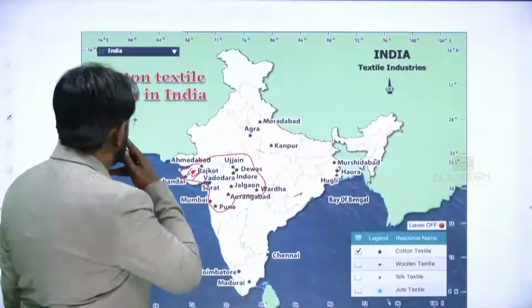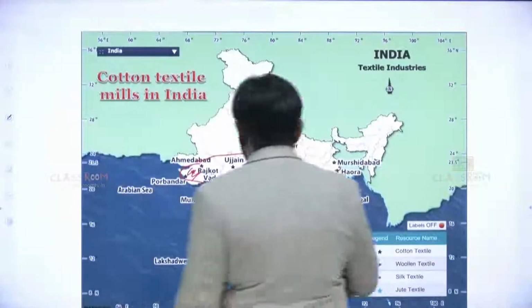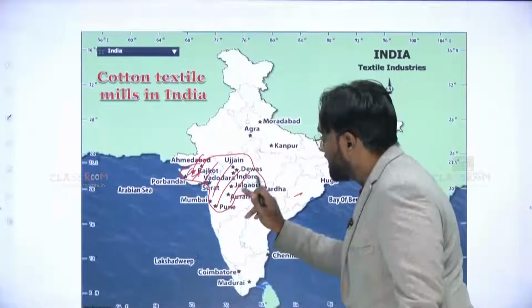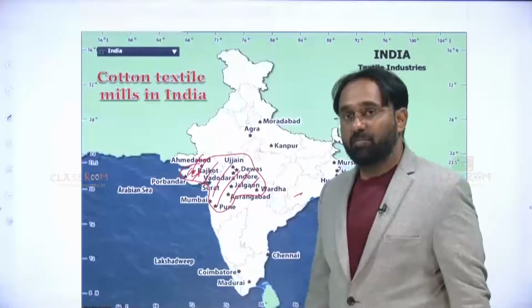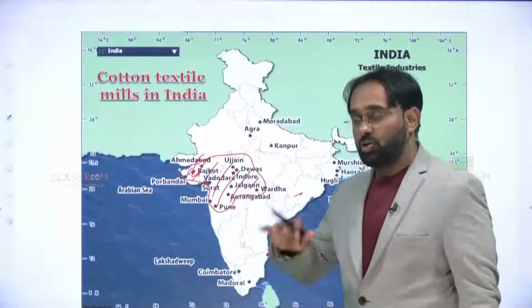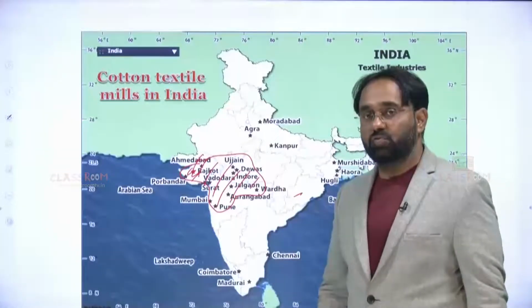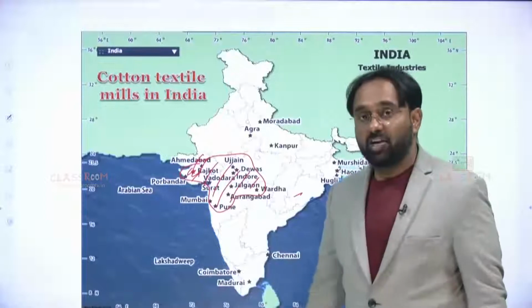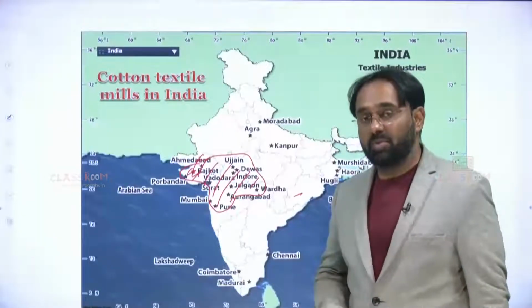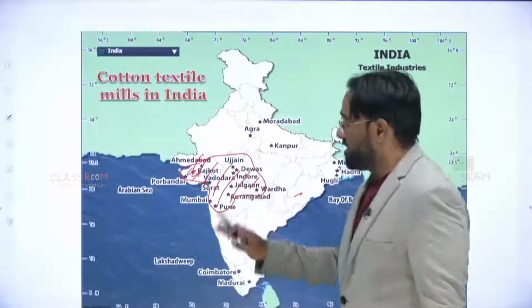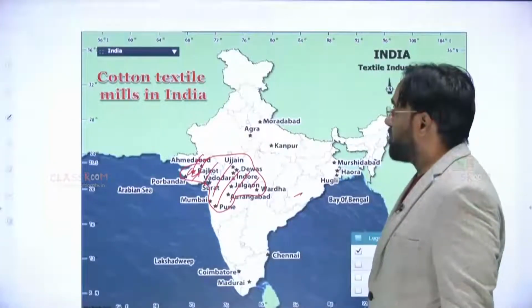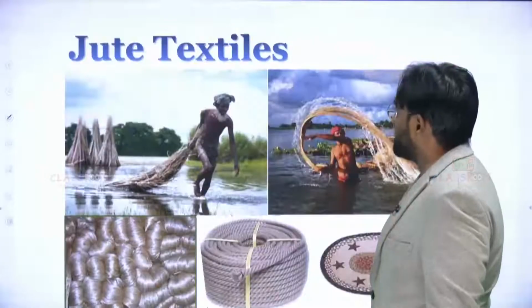So this is cotton textile mills in India, but remember this portion is important. If map pointing is asked to highlight the area where you find cotton production, remember this. Try to remember the soil pattern also, black cotton soil, and places like Gujarat and Maharashtra. This is important for cotton production and cotton textile mills in India.